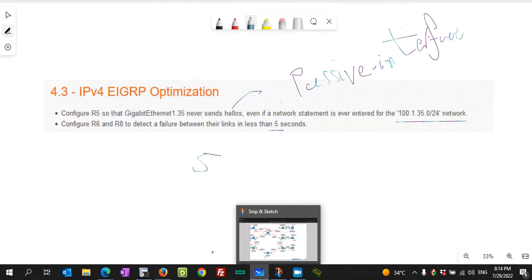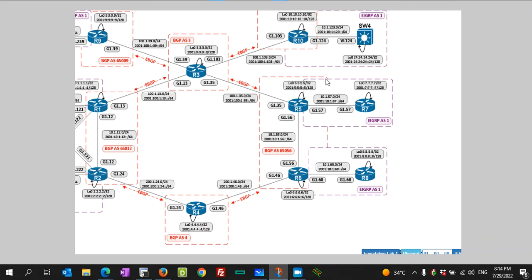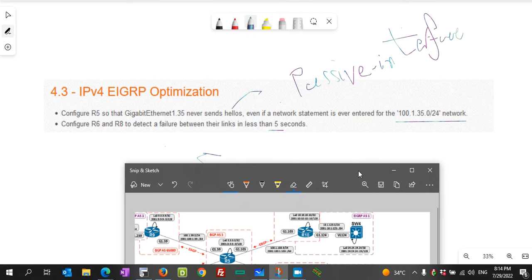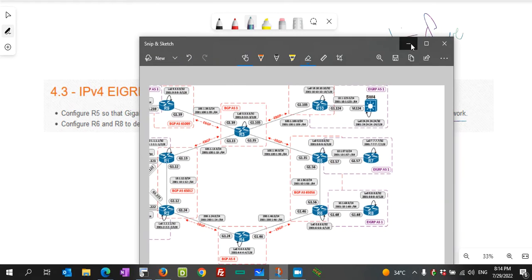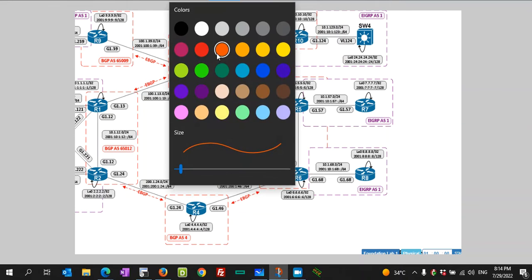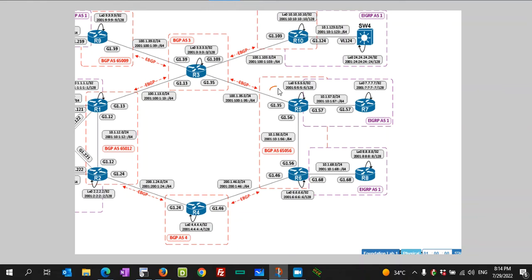Okay, let's see our topology. This is our topology. We have to configure R5. This interface should not send hello. We have to use passive interface here to disable hello packets,